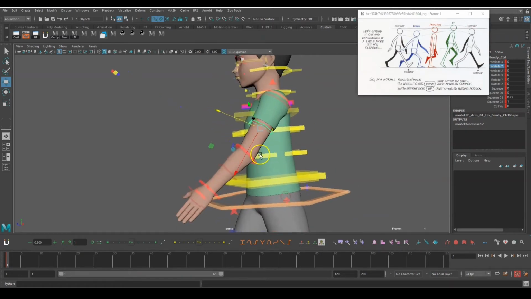Now what I'm doing is, this is too straight. I'm giving a slight curve in the hand to make a better pose.